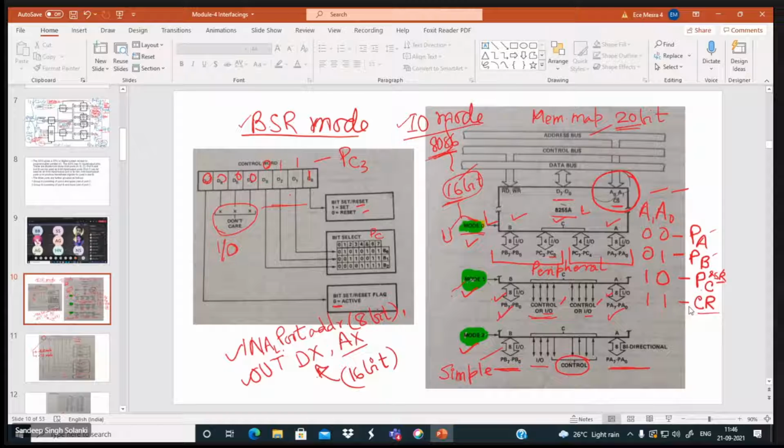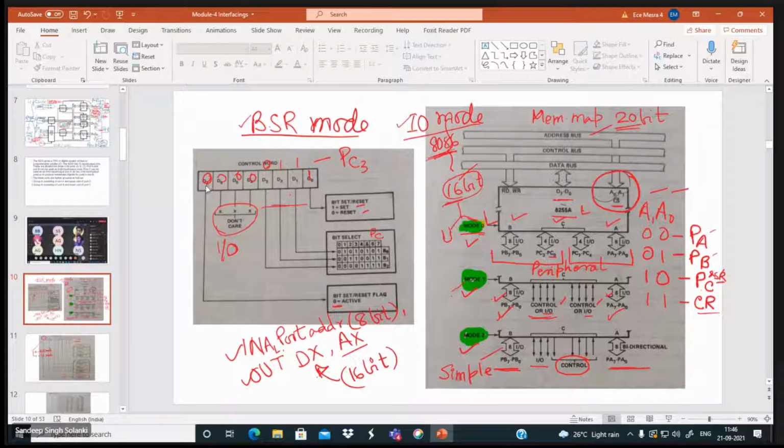Now coming to this BSR mode. In case of BSR mode, as I told you in the figure, we have an 8-bit control word, reflected here as D0 to D7.